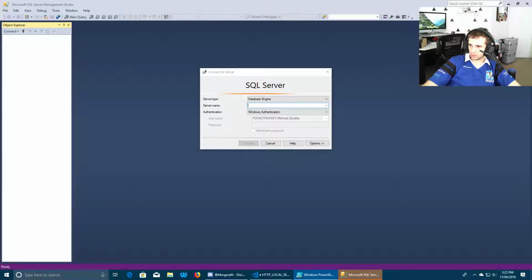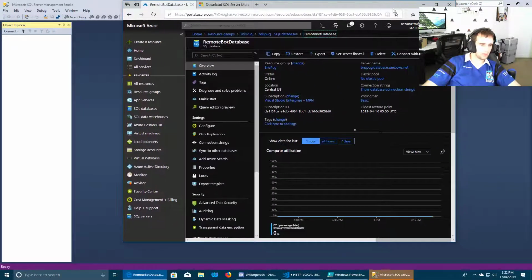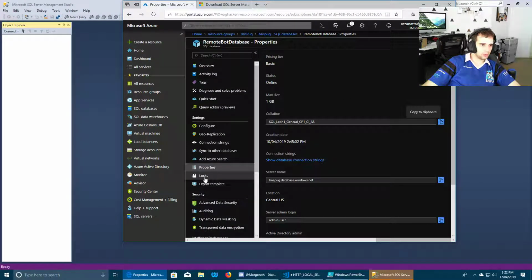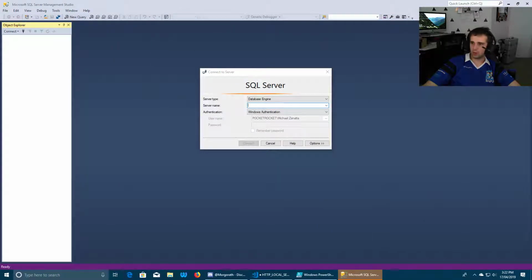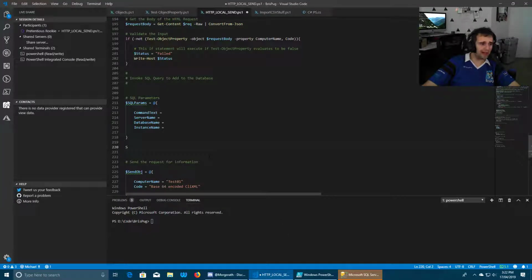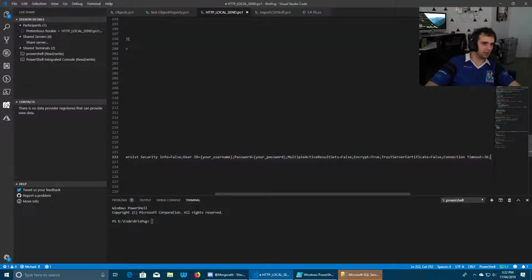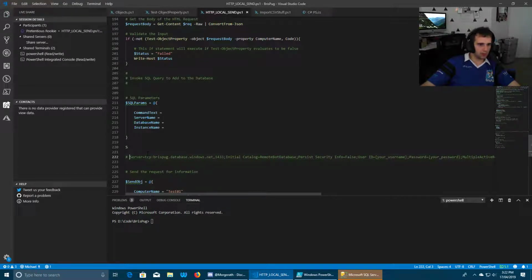Azure search. No. It's been so long since I've done this. I need to change the password as well, I think. Connection strings. That's the one I want. Good old connection string. What's my password? Password is your password. Yeah, that's right. I need to update this so it can support that. I've got some code lying around to do that. That's fine, but we can work with this for the time being.